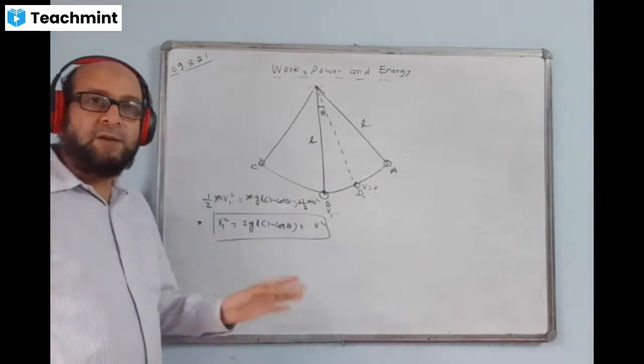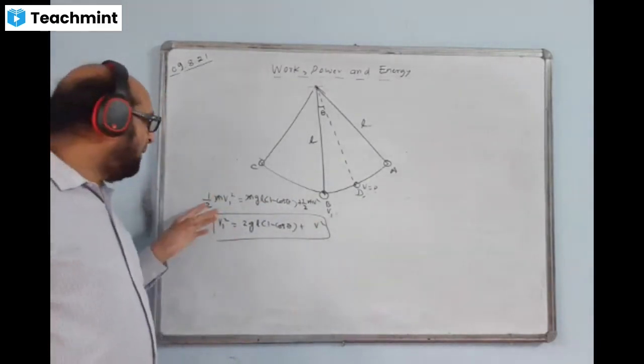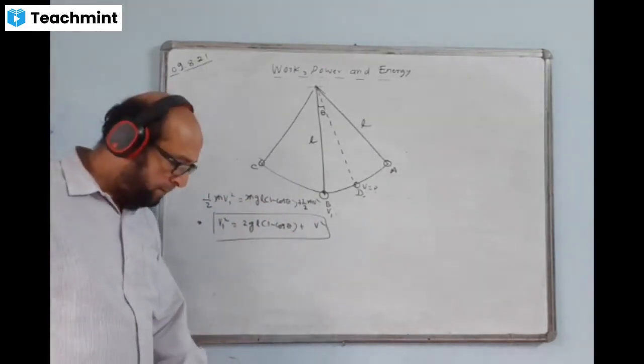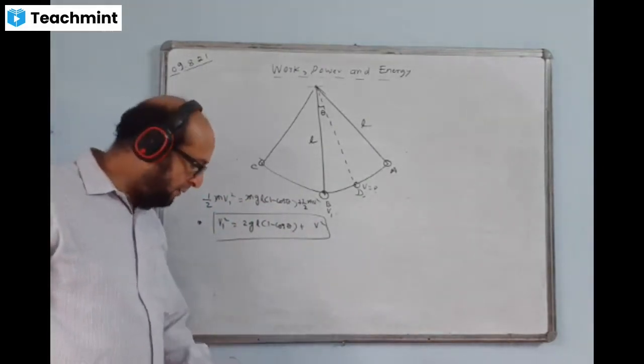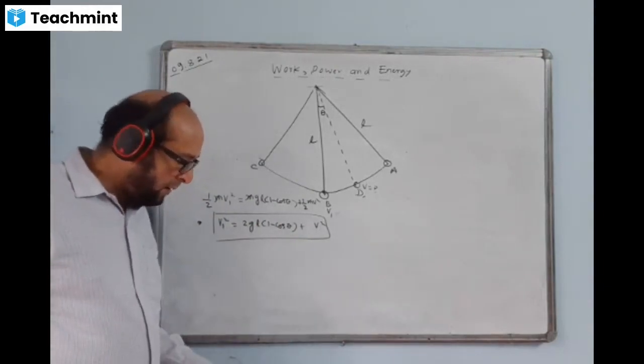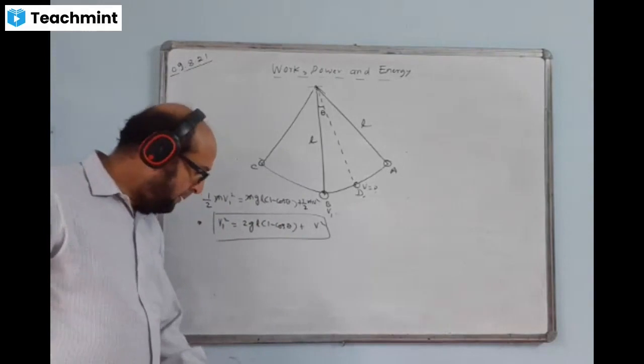Good. Please, this kind of mistake you should point out, because I mis-minded. So 2 into this will become v square. You should correct this kind of thing, no? Don't keep it with you. Okay, sir. Yes, sir.